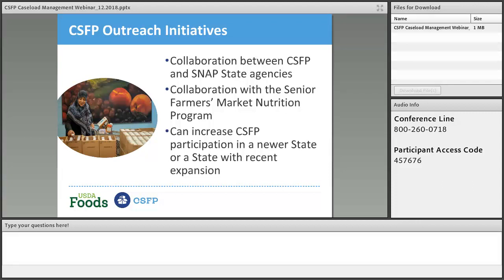And lastly, I just wanted to touch on CSFP outreach initiatives. Another best practice is interagency and cross-program collaboration. This can help conduct outreach that will increase CSFP participation. And this is particularly applicable in states that receive expansions, newer states, or just states struggling in general to